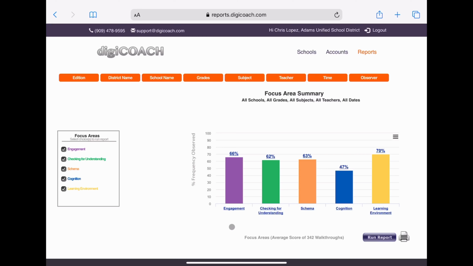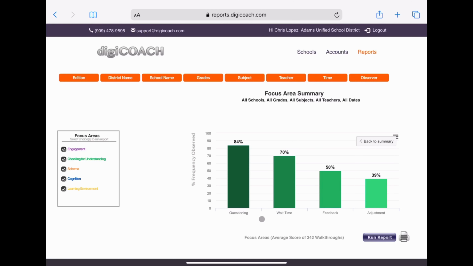Looking at our actual bar graph here, checking for understanding was one of the areas we focused on during our walkthrough today. Out of our 342 walkthroughs, we're seeing checking for understanding about 62% of the time. If I click on that, it expands now to reveal the 4 individual look-fors, allowing me to look for trends across my campus, or in this case, across my district. For example, we're only seeing feedback provided to students during lessons about half the time when it was necessary, and we're only seeing the lesson adjust even less, about 39% of the time did we see the lesson adjust when